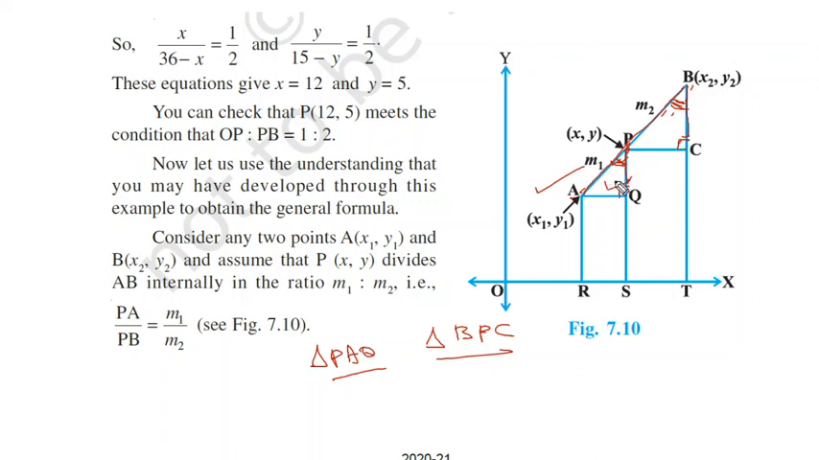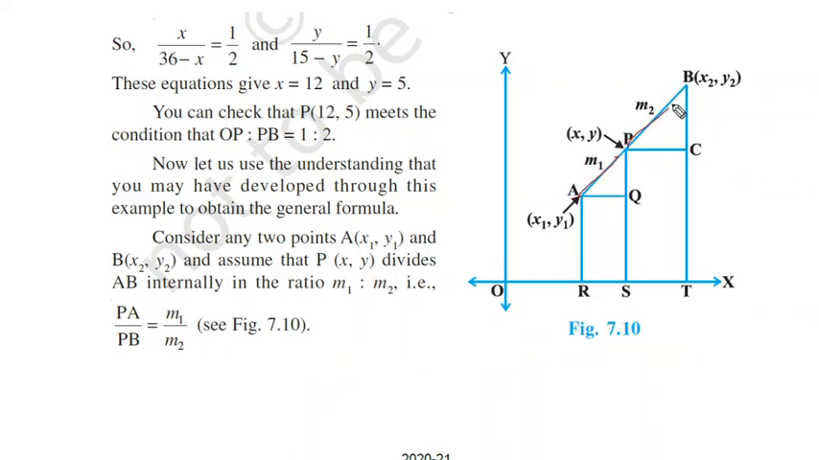Therefore, now you can see in these two triangles, two angles are equal. Therefore these two triangles will be similar. So triangle PAQ is similar to triangle BPC. Why? Angle similarity criteria. Now, as these two triangles are similar, what will happen? Their corresponding sides will be in proportion. Therefore, we can write